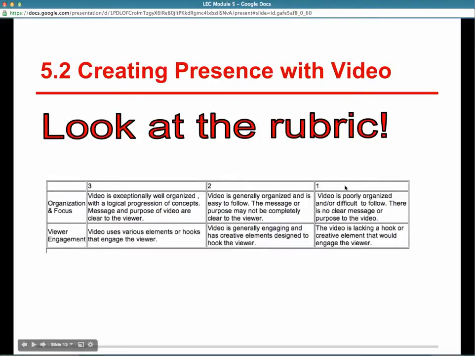One of the things you want to make sure is you look at the rubric. The rubric is pretty straightforward. Make sure your video is organized, has a logical progression, and the message and purpose of the video is clear: welcome to my class. Use elements or hooks that engage the viewer. So some ideas for that might be,